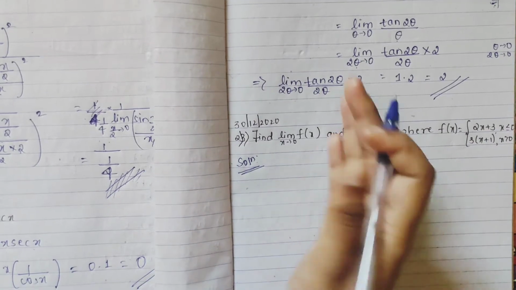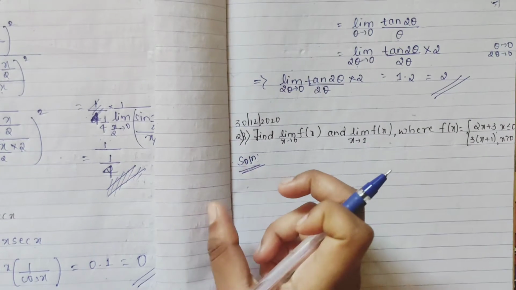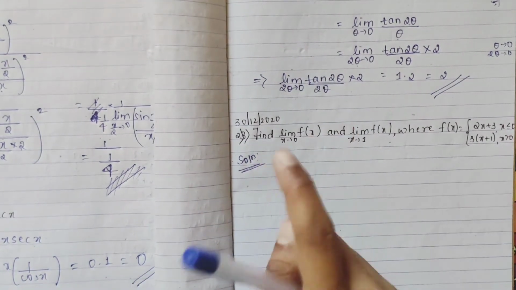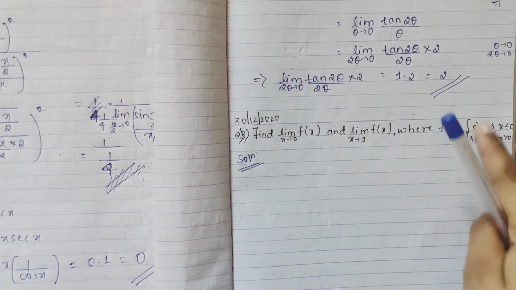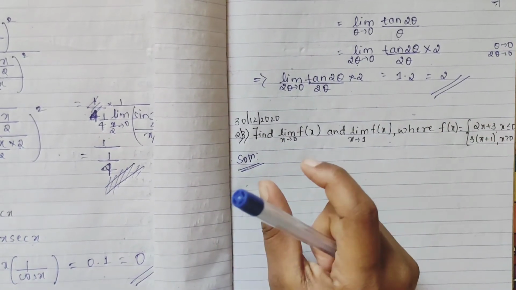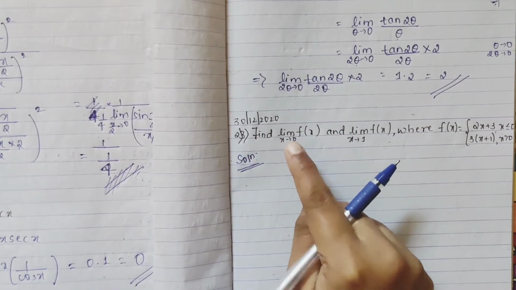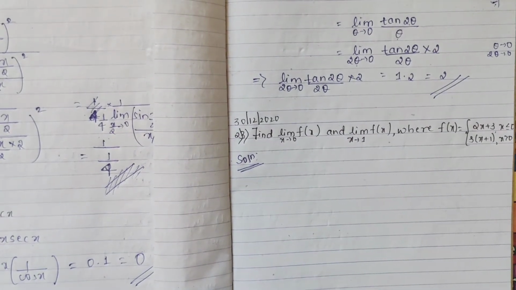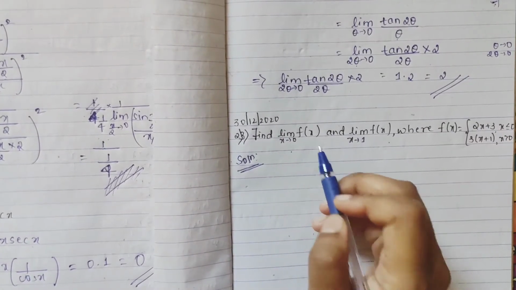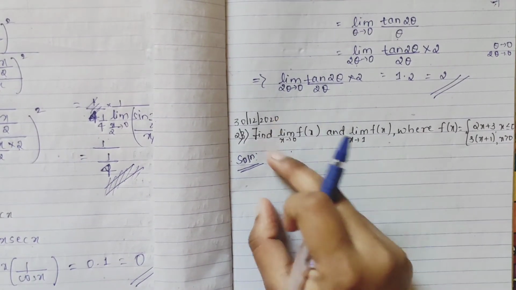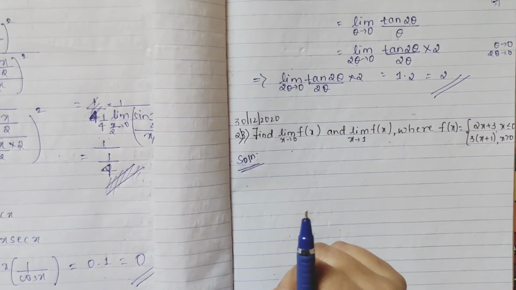Now here, see, till the 22nd question, which you had in part 1, they didn't tell you to check the existence of the limit. Here they are telling you to find the limit, where the function is given. There you had a single function and the limit was already existing, you were just directly substituting at this point, right? Directly you were substituting at 0 and finding the value. But here you have to check whether the limit at the given point exists or not. Now, how will you check the existence?